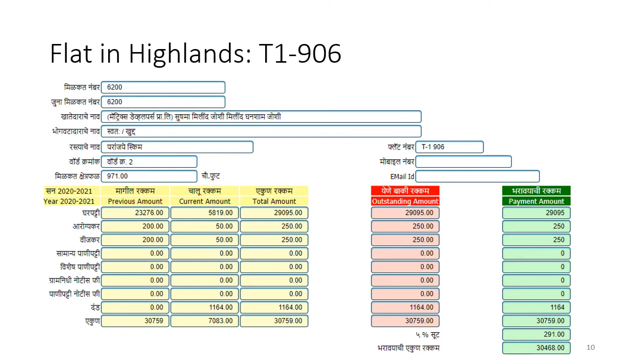It will be a good idea to see if the same tax rate applies to similar flats. We can only compare between equals. We cannot compare oranges with apples and bananas with watermelons. So here is one example of a tax invoice for flat number 906 in Tower 1 of Highlands. As you can see, this has an area of 971 and the address is shown in the appropriate box. The reason we are comparing this is because Highlands had also obtained its completion certificate and society registration around the same time as we did.